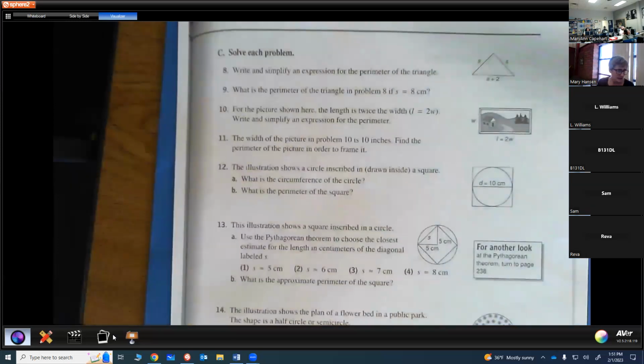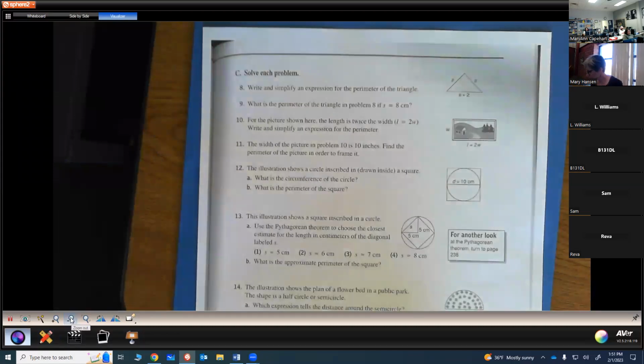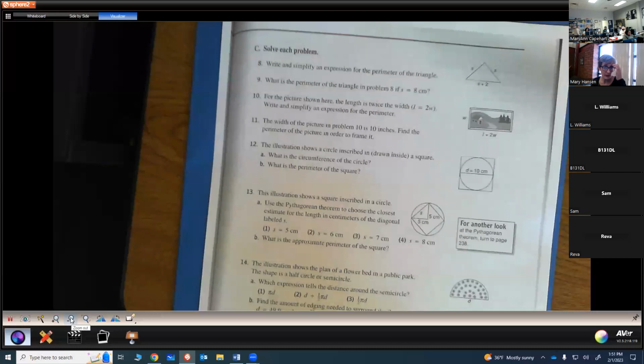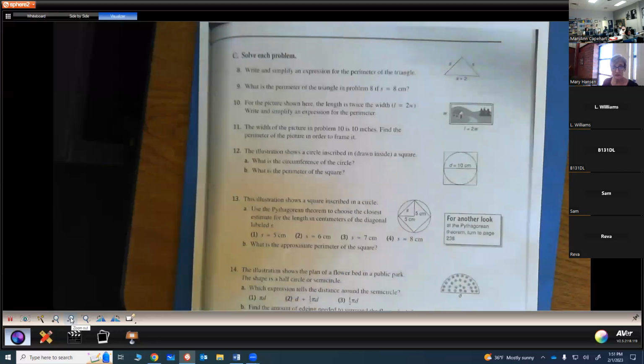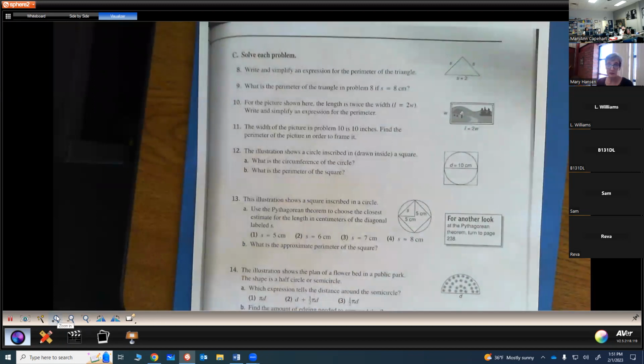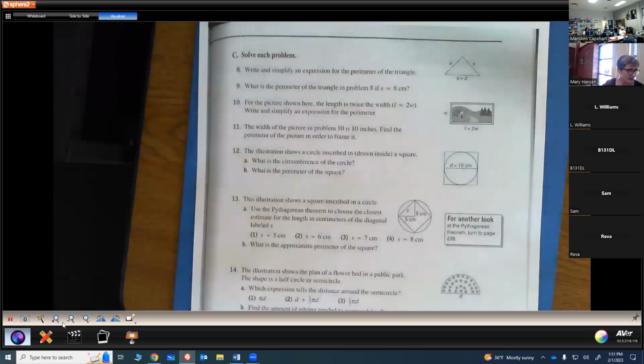The next page in the packet looks like this. It says C, the letter C, and solve each problem. On the bottom, it says page 123. So it should be the next page in our packet. This has some other variations of problems on them that would be related to perimeter, but might look a little different. And so I want to take a look at some of these. So for example, if we look at number 8 together,